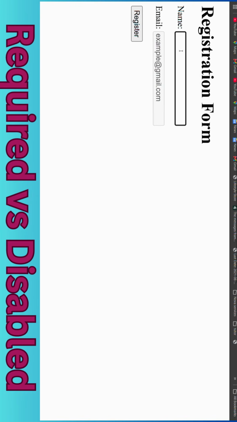So remember, in a required field a value is necessary. In a disabled field, the control is unavailable. So if an interviewer asks you what is the difference between required and disabled, you can tell them the answer. Required means the user must provide a value before the form can be submitted, but disabled makes the form control unavailable for interactions, and it is generally excluded from form submission. So required asks the user for a value, disabled doesn't allow the user to provide one.